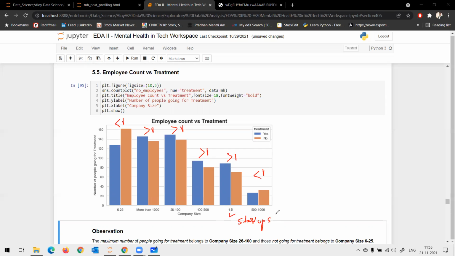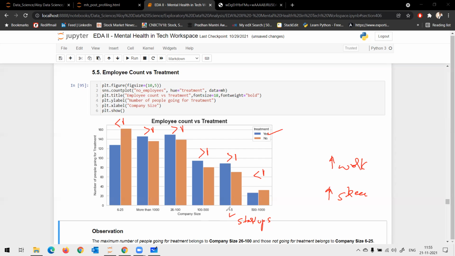Yes, definitely. These are startups. So what happens in startups? You have more work and more stress. Correct? That's why the chances of treatment are more here.